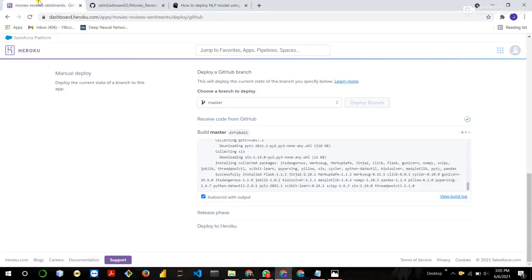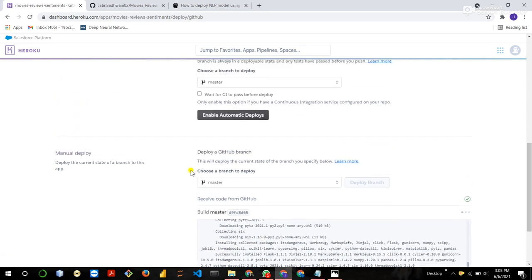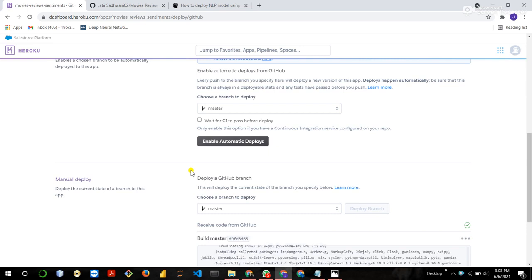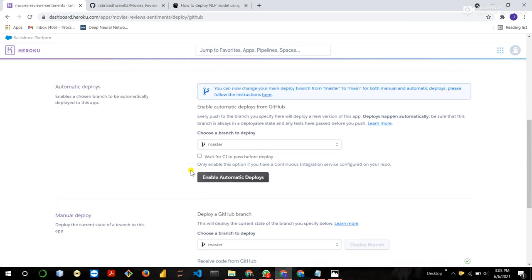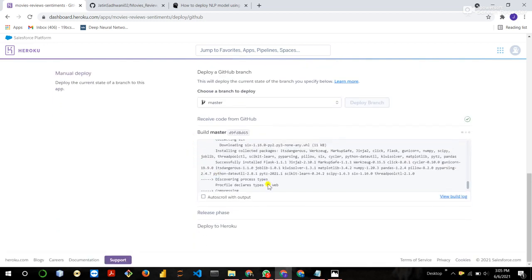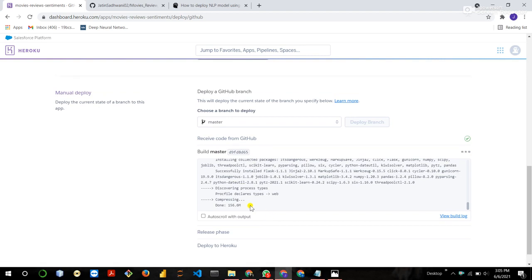Let's see, it is deploying. Before deploying the application on the server, make sure your Flask application with the NLP model or ML model is pushed into the GitHub account. NLP model and ML model are deployed exactly the same. You can see it is deploying.